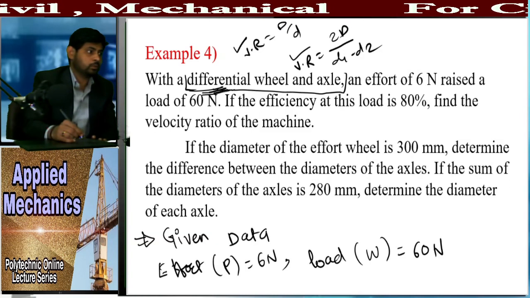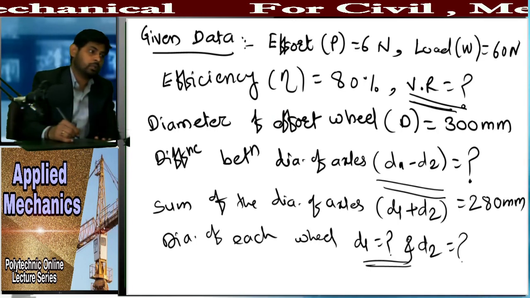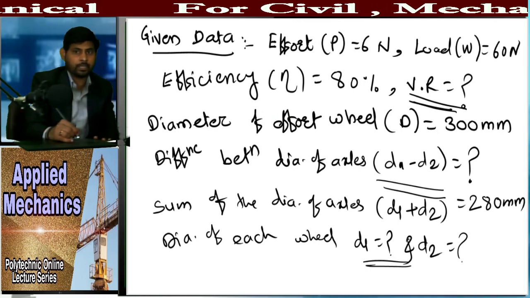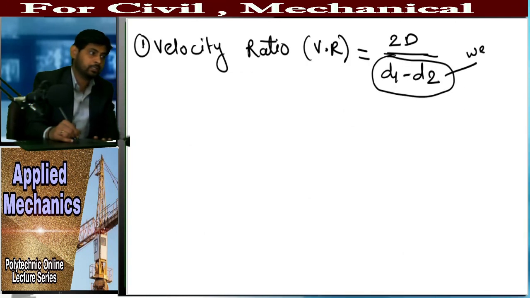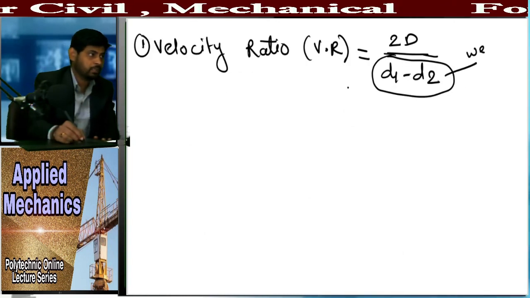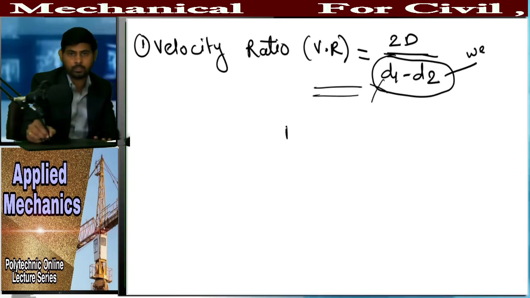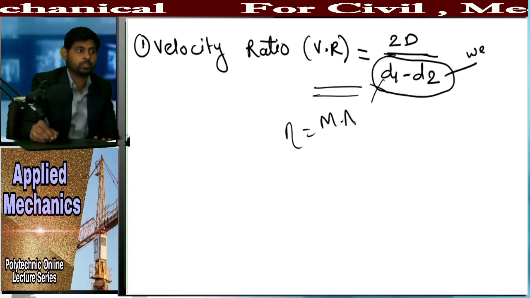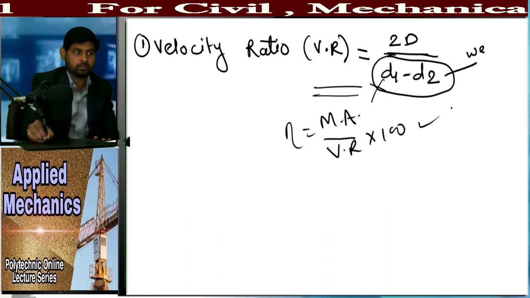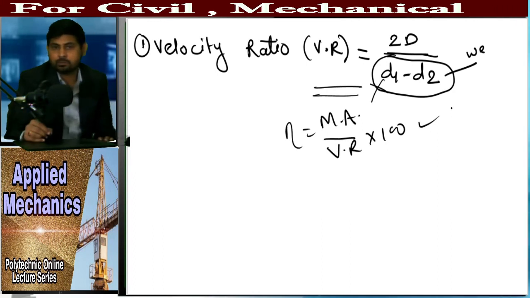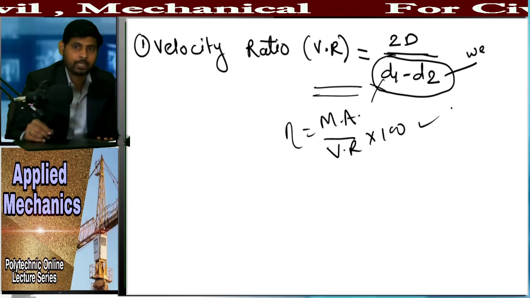So you just try this problem at your home. If you are not getting the answer, I will tell you in the next lecture. I have given you one hint. Here you can see, by using this velocity ratio formula we cannot find out the velocity ratio. Here you have to use this formula, then you will get the answer. So this is the hint for this problem. Just try to solve it at home, take it as homework.